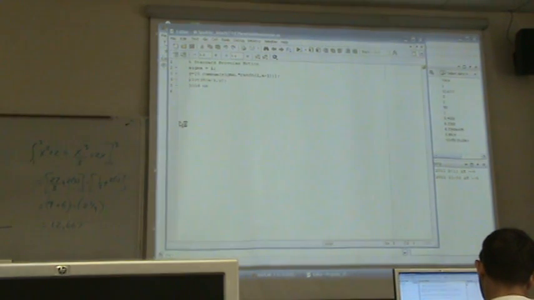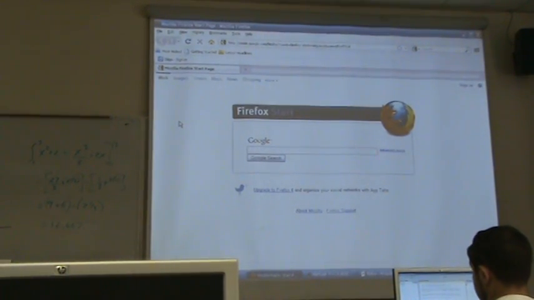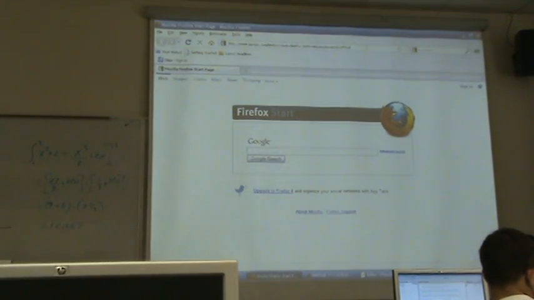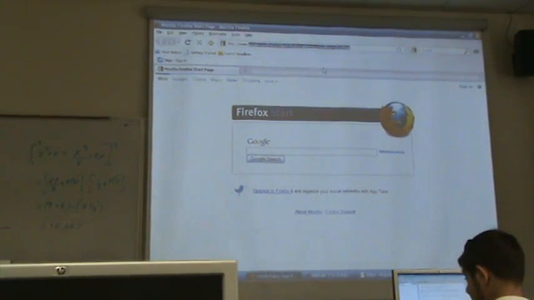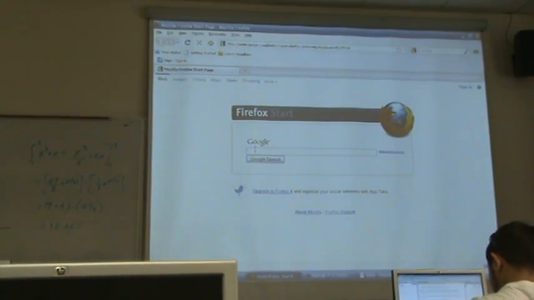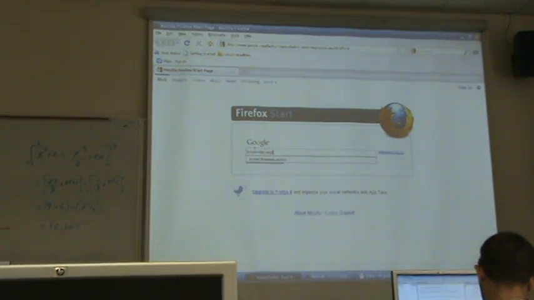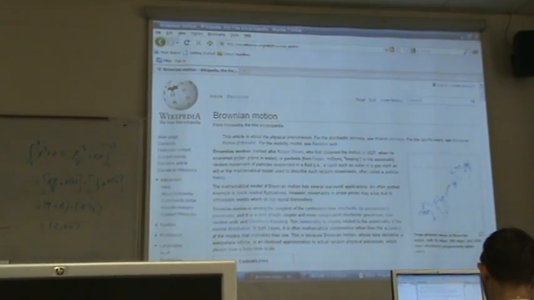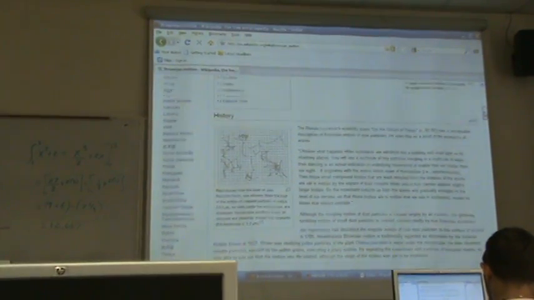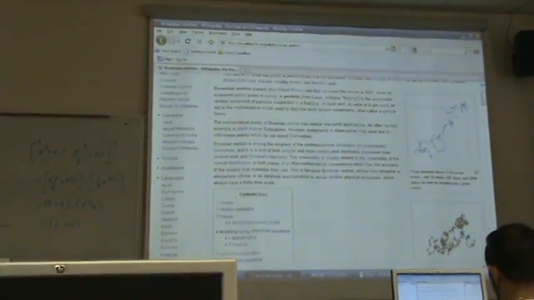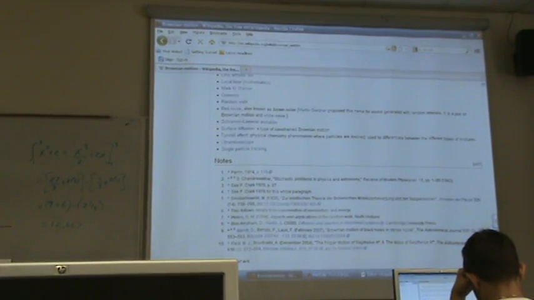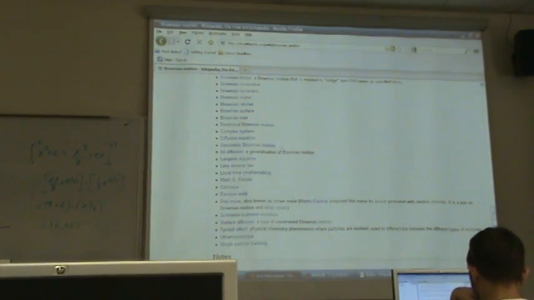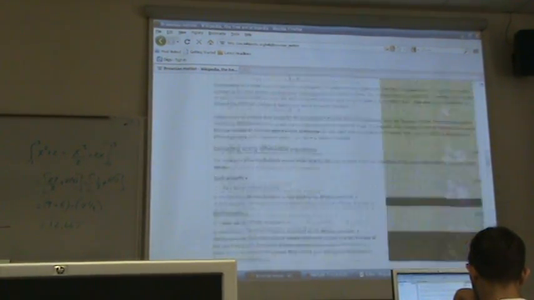Has anyone heard of a scientist named Brown, a botany scientist from 200 years ago? I don't know if anyone's a biology major. So if you go to Wikipedia, these are graphs you can tell were generated with Matlab. I wonder if they even say that right at the bottom. So right here it uses generated random walks as I understood it. But anyway,